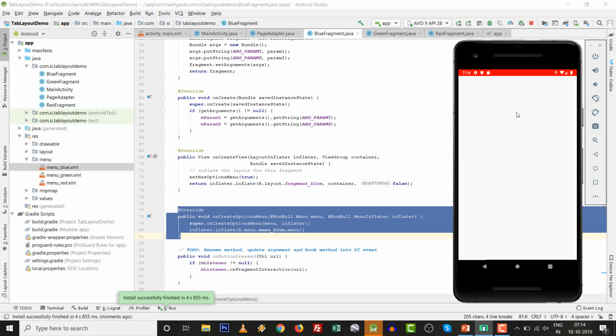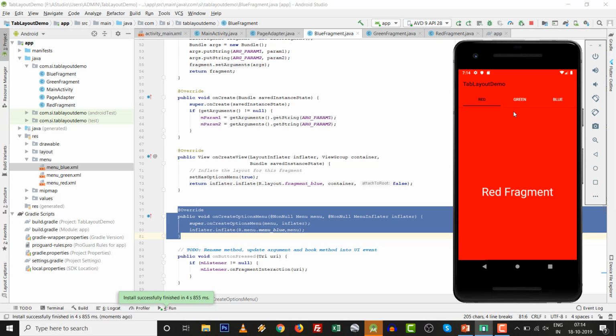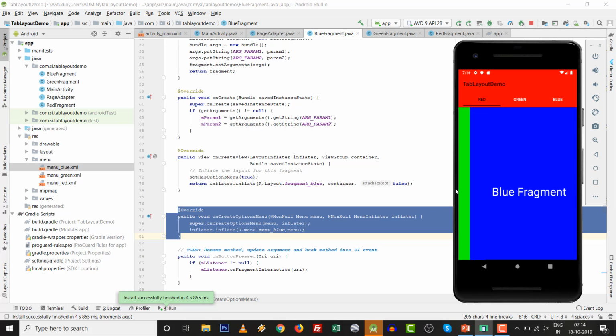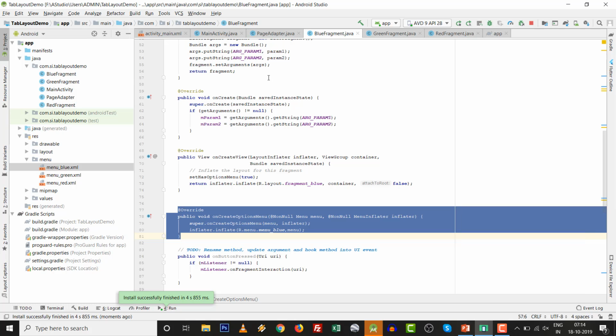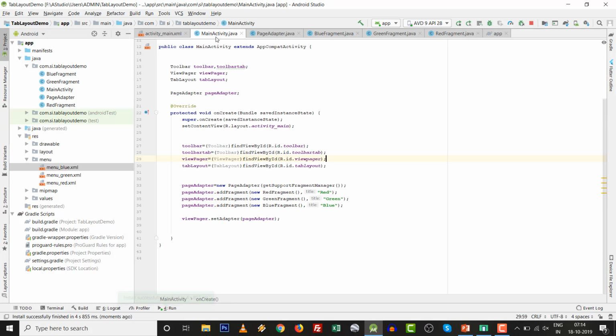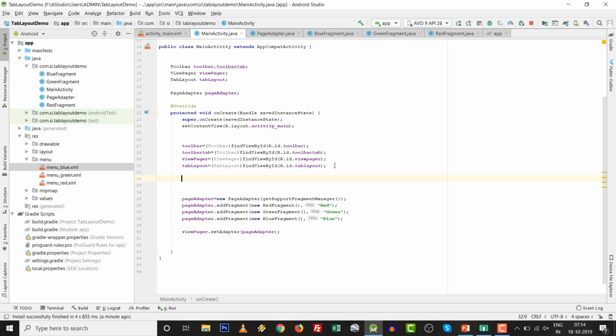Over here we can see certain things. One, there is no icon. One, another fragment and another fragment, see that there is no icon inside the menu. So this is also a type of error, so we are going to resolve it. After findViewById we have to set two things. One thing is setSupportActionBar, it will be the toolbar, and another thing is